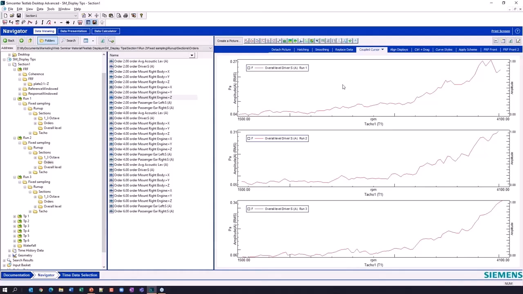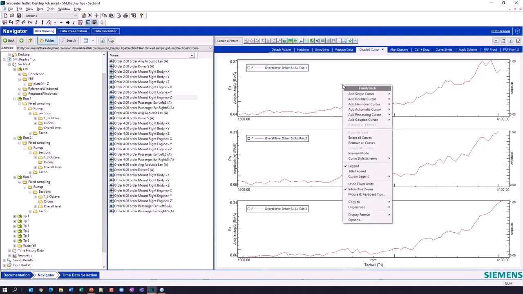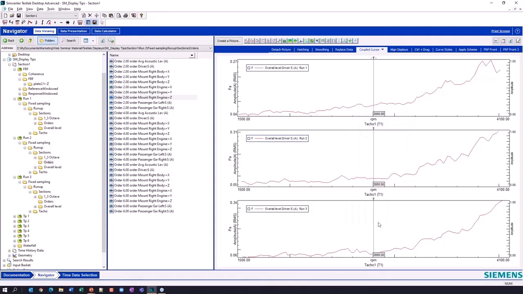The companion to coupling limits, if I've got multiple plots I'm looking at the same time, is something called a coupled cursor. And if I right click in the white area of my plot, this is where I was adding those cursors before. We talked about the processing cursor and a single cursor where I did the cross. Now I'm going to add this coupled cursor. And if I do that, you see I get a couple options. It says RPM or Pascals. And this is what it's telling me is I'm going to give you a cursor. Do you want to be moving that cursor in Pascals in the amplitude or the y-axis or along the RPM axis? In this case, I'm going to choose RPM. So you noticed it added 3 cursors here, but they're all coupled together. So if I move one, I move all 3.